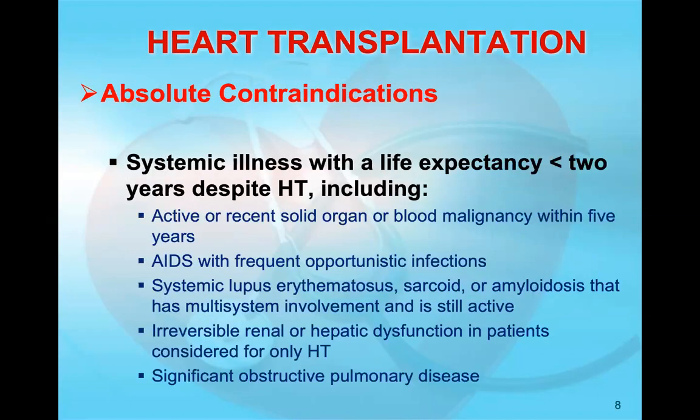Absolute contraindication: systemic illness, with patients who are HIV positive, who have AIDS, which is uncontrolled HIV. I mean, some patients receive transplant organs like kidneys and liver who are HIV positive, but it is still not a waived contraindication. In many centers, way more than 95% do not transplant these patients, even with cirrhotic livers, HBV, and HCV.